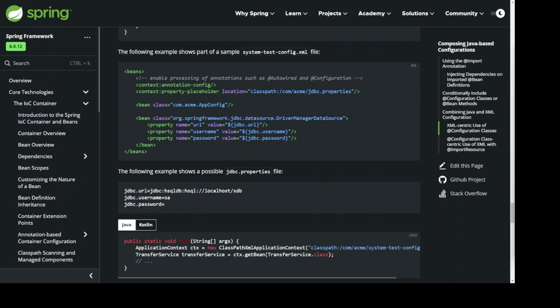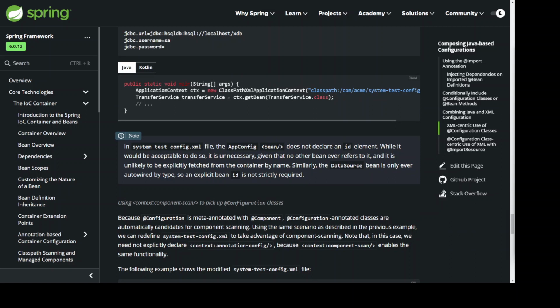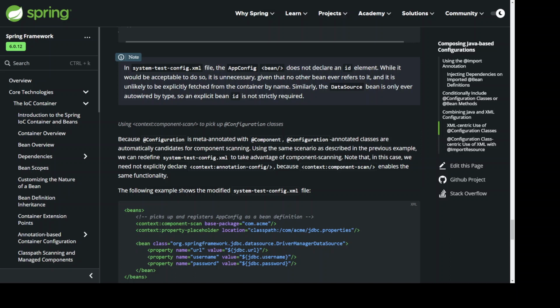The following example shows a possible jdbc.properties file. jdbc.url=jdbc:hsqldb:hsql://localhost/xdb, jdbc.username=sa, jdbc.password=. public static void main(String[] args) { ApplicationContext ctx = new ClassPathXmlApplicationContext("classpath:com/acme/system-test-config.xml"); TransferService transferService = ctx.getBean(TransferService.class); } // In the system-test-config.xml file, the AppConfig bean does